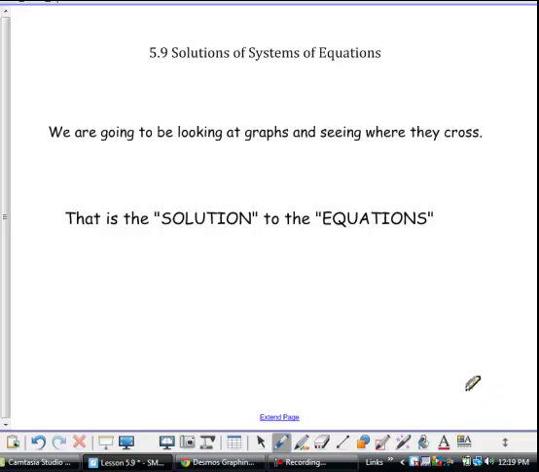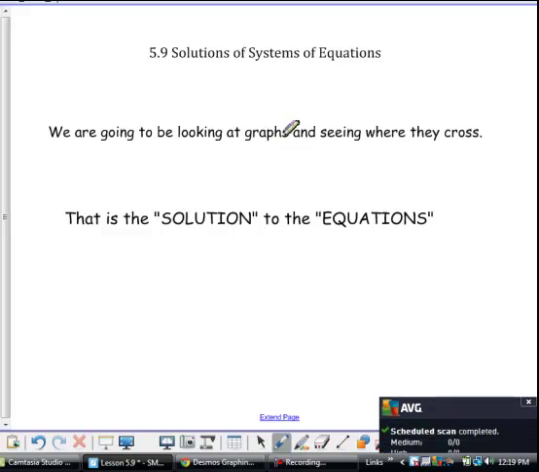All right, today we're doing solutions to systems of equations. This may sound familiar. We actually did this in freshman year all that long ago, except we're going to have a little more complicated equations to deal with because you're in Algebra 2. So if you remember what solutions of systems of equations meant, we're going to look at graphs